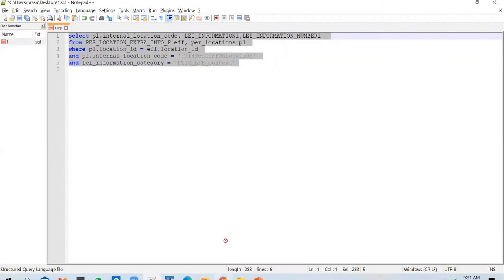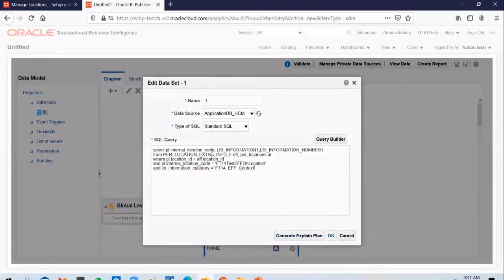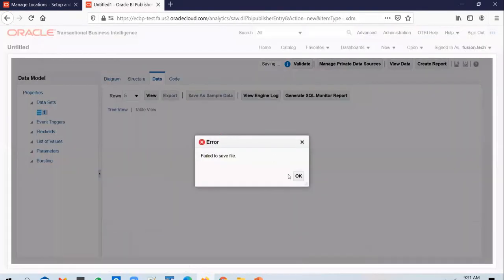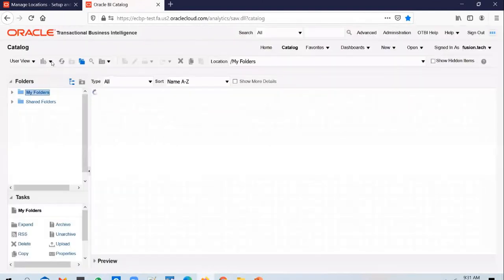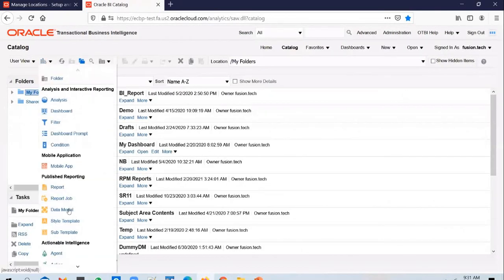So if you run this query, you will be able to see the information stored. Go to the data tab, and sometimes you might get that error, and all you have to do is come out of the page and get into create a new data model again.